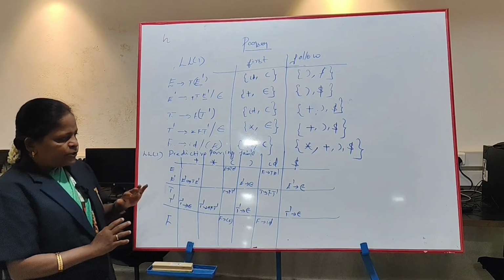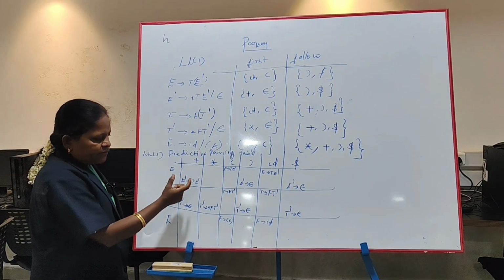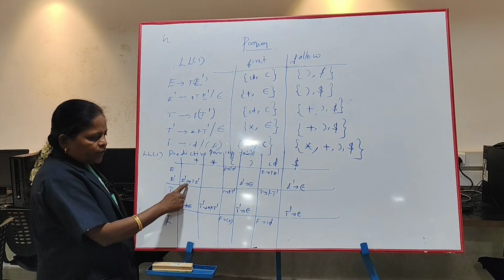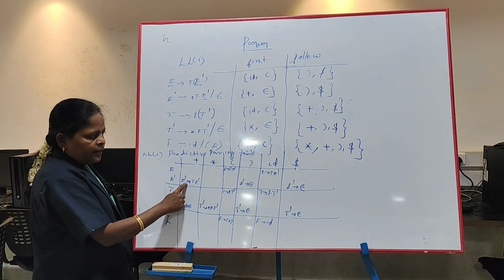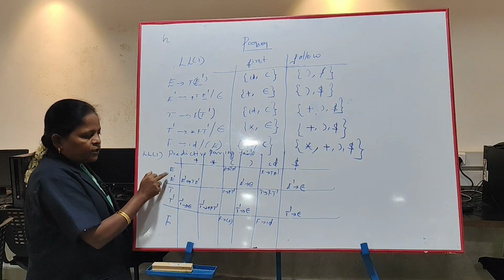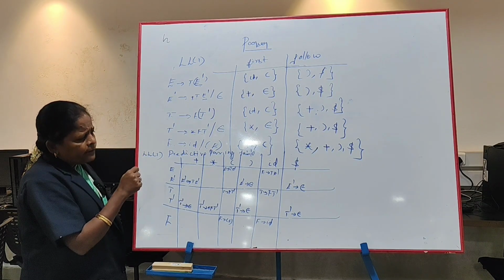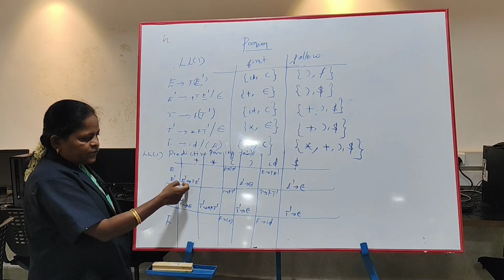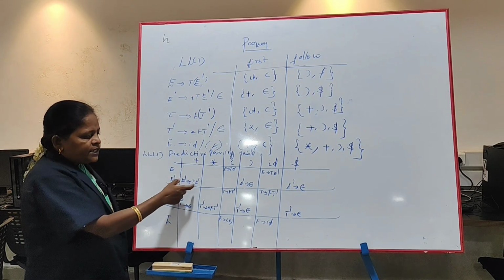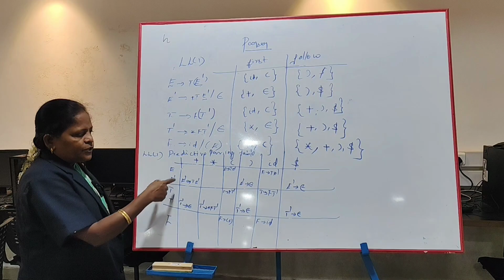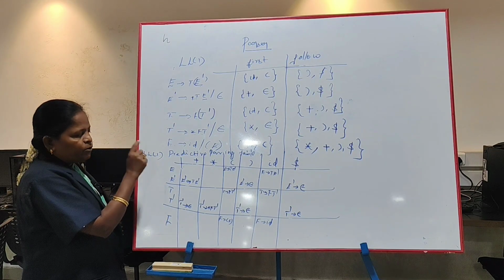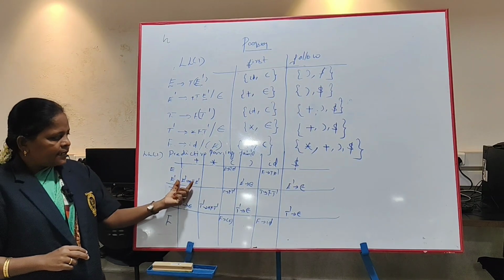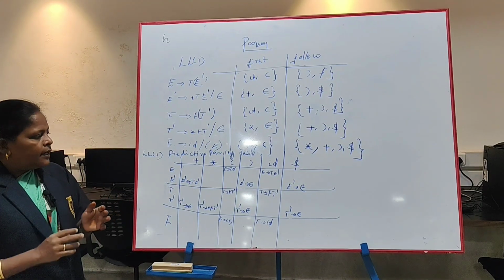After constructing this, you should identify whether each and every cell has only one production or more than one production. Whenever I have only one production for each cell, definitely this is LL1, otherwise not LL1. Sometimes while deriving plus, I have more than one possibility. In this case, what happened? We have a conflict. Which production can I use? This is the main drawback of LL1. More than one entry may be in a single cell. That time, what happened? We are unable to parse any given